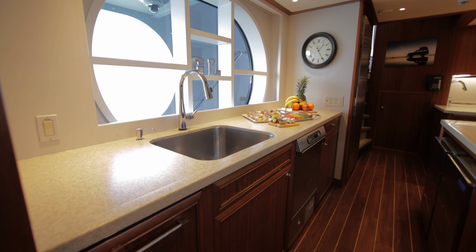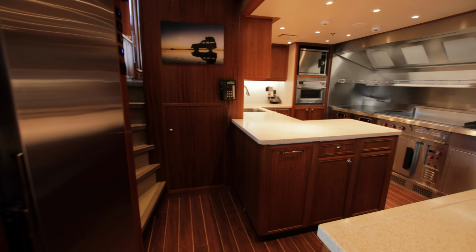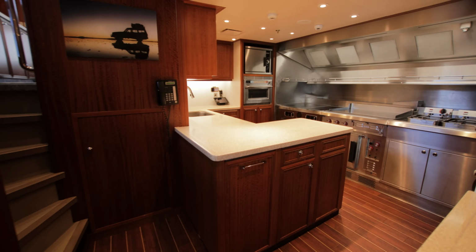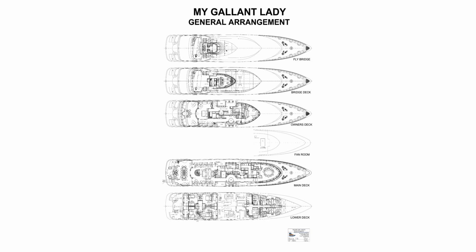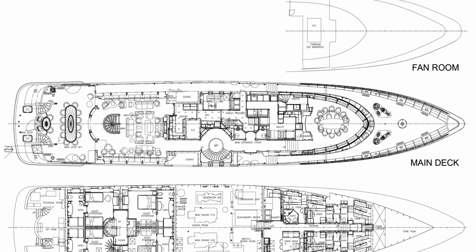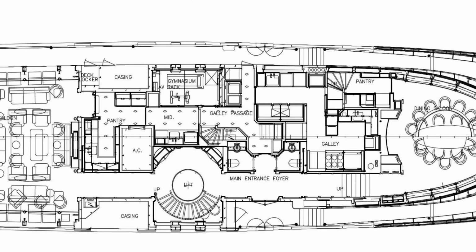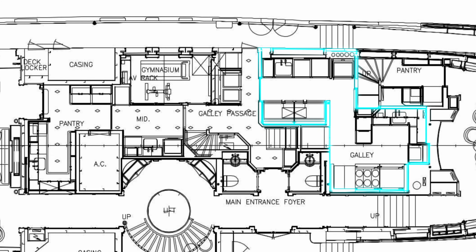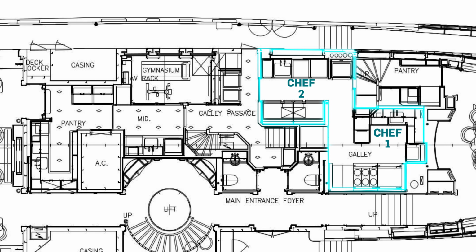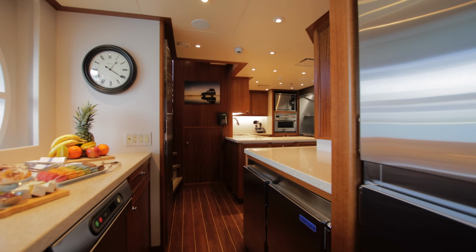The major change that we made on the main deck to our galley was that the galley was very compartmentalized, where the chefs were almost separated from each other. We have 2 chefs on board at any given time, and they were almost separated where they had difficulty communicating with each other. The main chef that was doing all of the food preparation was isolated with 0 natural light, no sunlight,